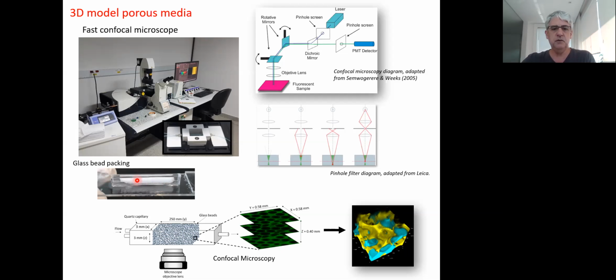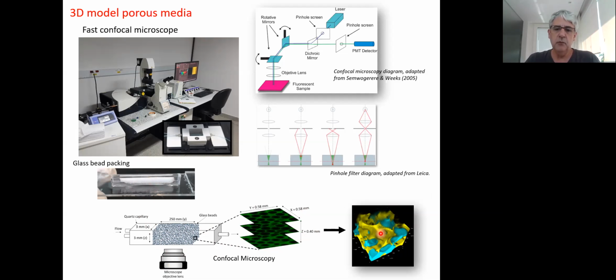And then we need to use fluids that have the same refractive index as this glass sphere, so you don't get the refraction of the light as it goes through the porous media. So the way a confocal microscope works, you're going to make slices, getting clear images on the focal plane. And then once you get all these sliced images, you can reconstruct them and get a three-dimensional visualization of your